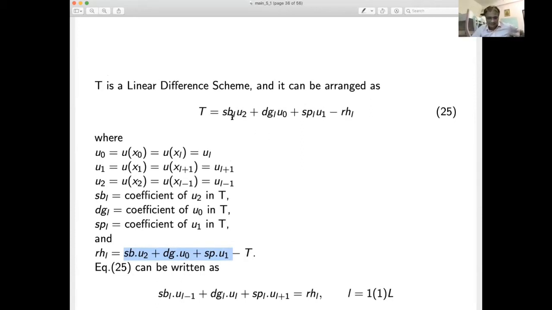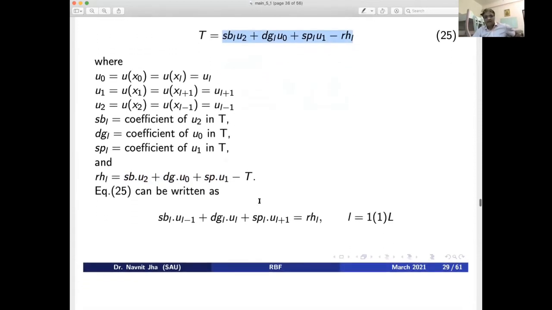So equation 25 is written in this way. On the left side, uppercase T I have just written for telling you what this is. The name of this equation is T. Basically, it is equal to 0 because it is of order H6, and I have neglected it. Neglected means I have taken it as 0. Why have I taken it as 0? Because in the limiting case, H raised to the power 6 is very, very small compared to H square and H4.